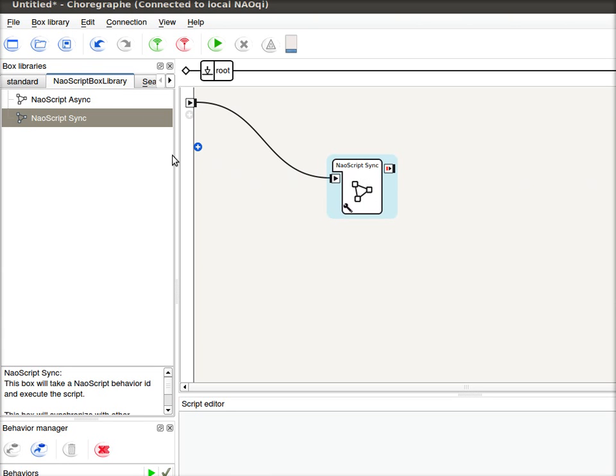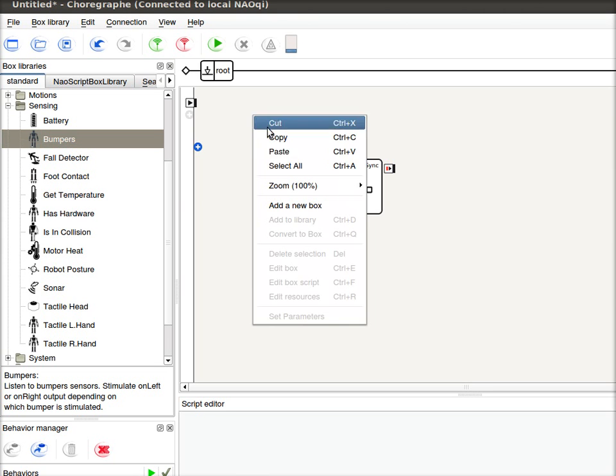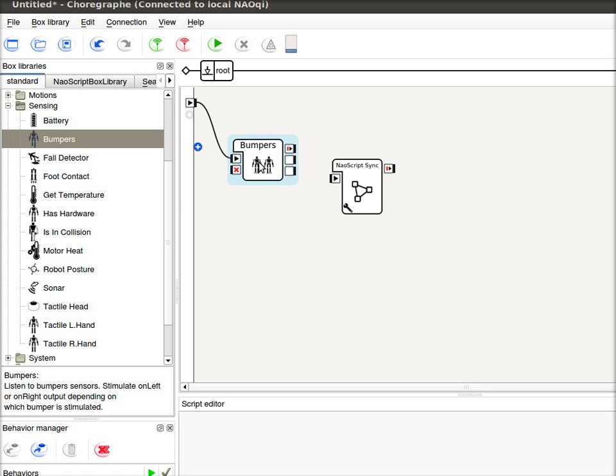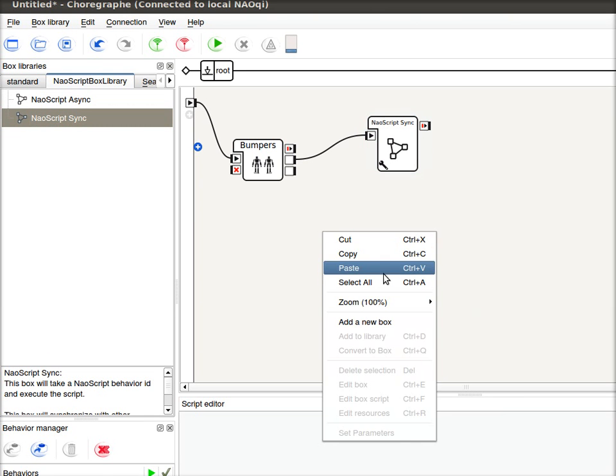What I've been finding really useful about this is right now NaoScript doesn't handle any of the sensing. So if I wanted to tie this lightsaber fight to a bumper, I could drop the standard bumper box in here, say when Nao kicks off, load up the bumpers, and if you touch the left foot, then run that behavior. And if you touch the right foot,